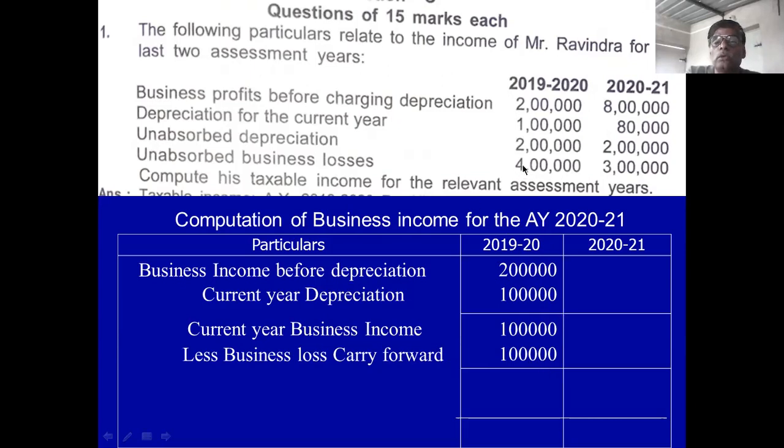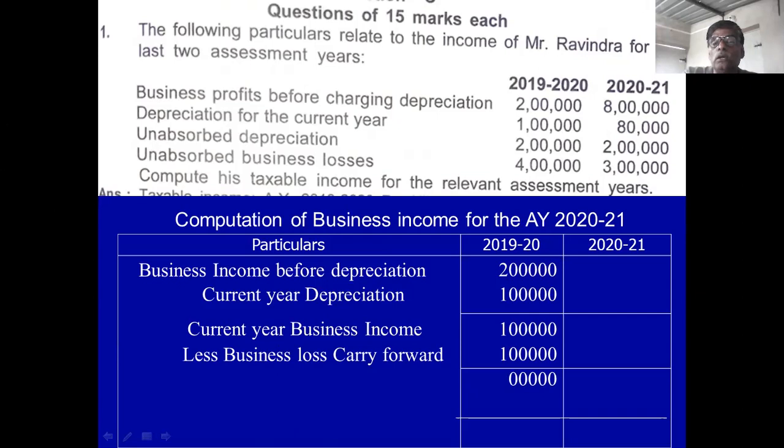You see this clue. Here is the 4 lakh. Here is the 3 lakh. Next year, out of 4 lakh rupee loss, 3 lakh rupee loss is carry forward. This is the point you remember. And if you deduct 1 lakh rupee, then your profit or income from business is 0. There is no income for the previous year 1920. Okay. Then come to 2021.